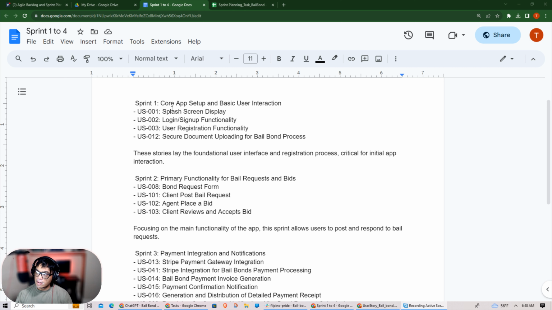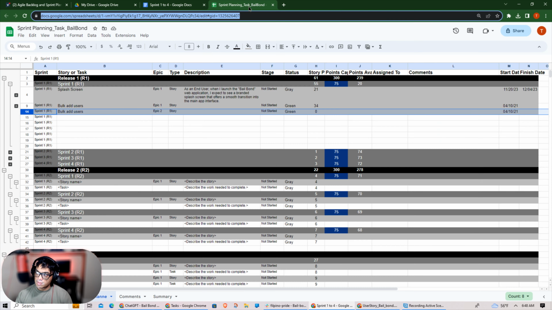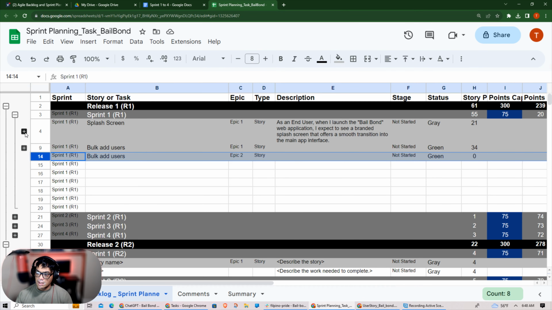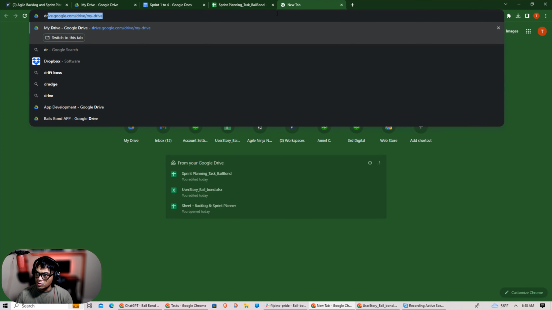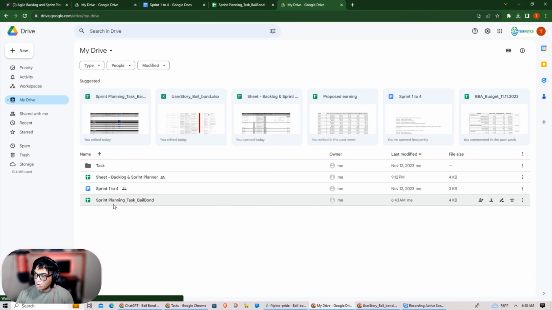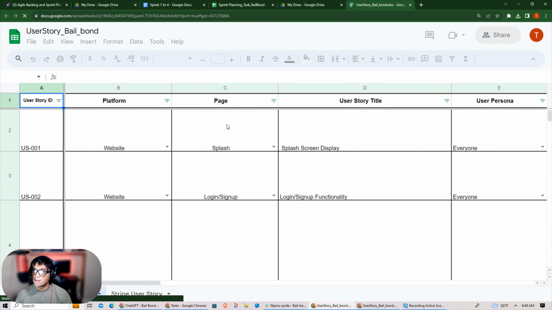So I already went ahead and did the splash screen display and you'll see everything here. As you can see, everything has a specific story to end user. And what I want to show you is the sprint planning when it comes to the user stories and how this all works together. And I'm going to have everything put together, and I'm going to create this where you have this as a